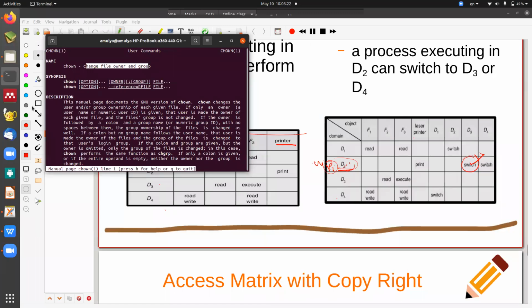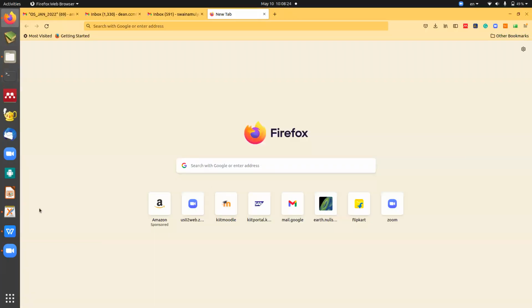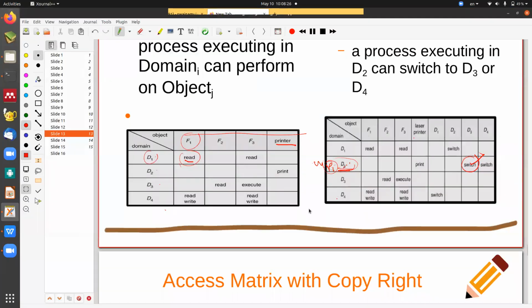So if there is a provision for changing this particular one, now you can indirectly say any process belongs to this particular domain can change it to the other process. Change करने का फायदा क्या होगा? What is the meaning? Once it is changed, then if D1 and D3 को change कर लिया, now he is accessible to these 2 files, but not accessible to that. There is a problem. But